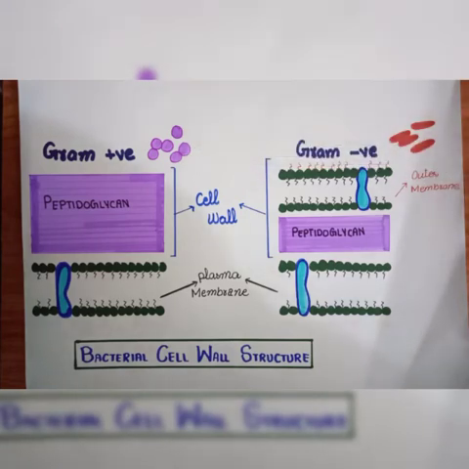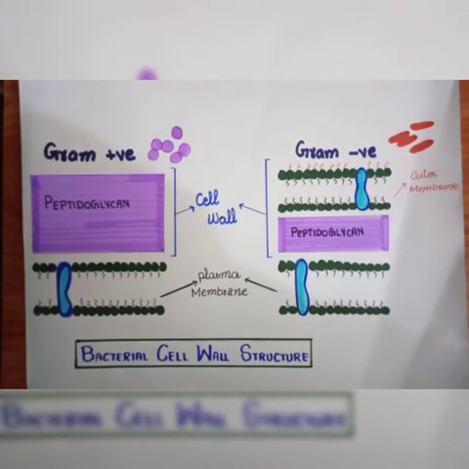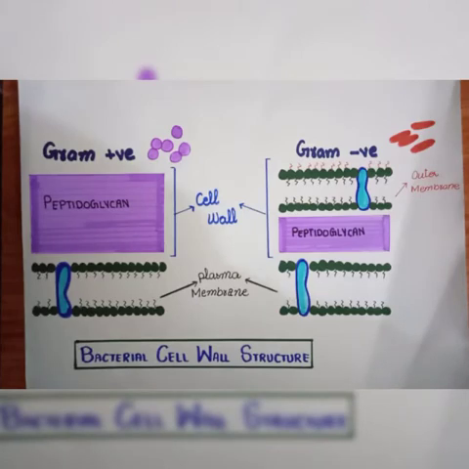While the gram negative bacteria contain the outer membrane and a thin layer of peptidoglycan, so they lose the purple dye when treated with the acetone or alcohol, and they become colorless. After that, when they are stained with the safranin, that is the counter stain, they take up the color of the counter stain and appear as pink or red. So basically that is the difference between gram positive and gram negative staining.